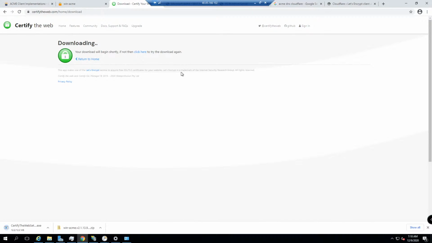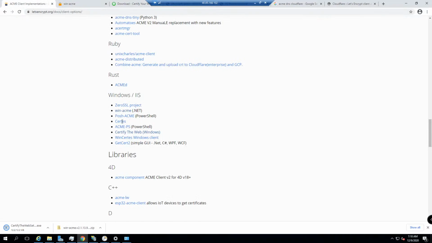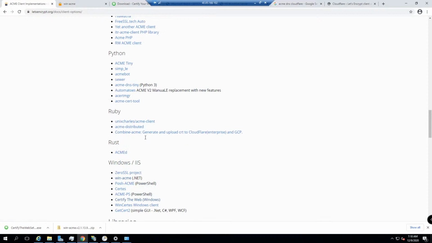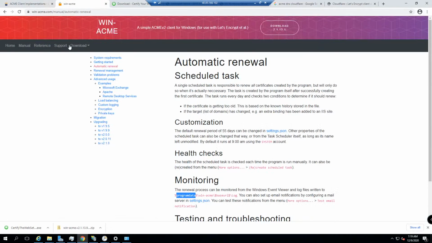with Certify the Web, because then we have a GUI tool to do it. But to be honest, the Certify the Web takes like a fair bit. I'd probably rather use this WIN-ACME, and it is on here. So this is something to be aware of as you're checking these sort of things, like who actually maintains this stuff. So WIN-ACME,